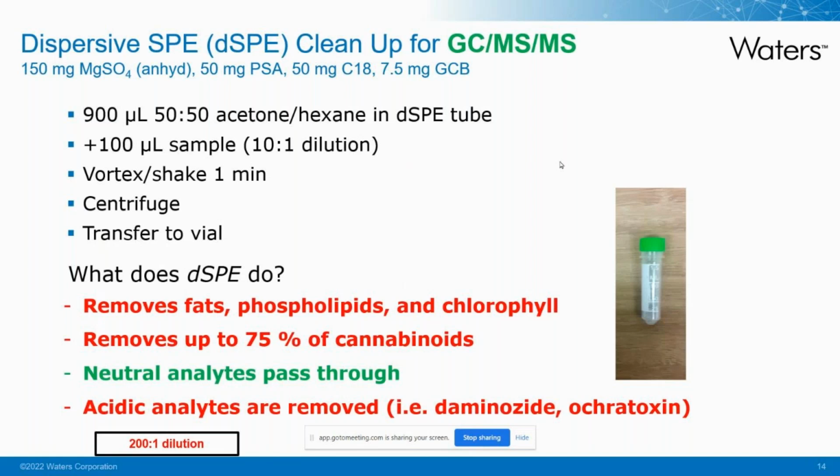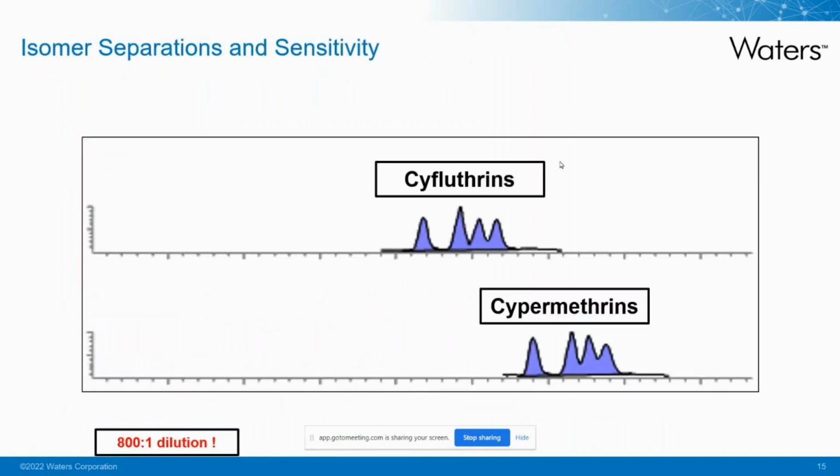It's also going to remove the acidic compounds, and this all adds up to making a nice aliquot for compatibility with GC-MS. But it amounts to a 200-to-1 dilution. Now, furthermore, for certain compounds like the cyfluthrins and the cypermethrins in the pesticide category, when we get something that might be a 10 nanogram per mil standard, often that's the sum of these 4 peaks for the cyfluthrins, let's say. So each one of these is